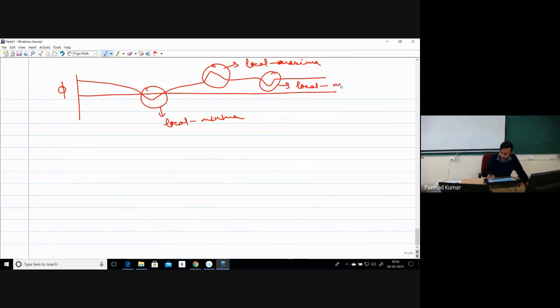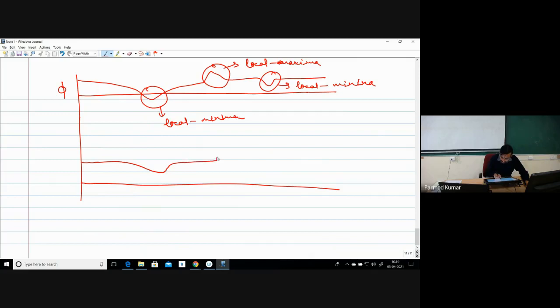Okay, so when my solution will be marching in the iterative manner, in the next iteration I should get only these local minima and local maxima. I should not have generation of any additional local minima or any additional local maxima over here. So such type of behavior is actually not acceptable. This is the meaning of the first condition.